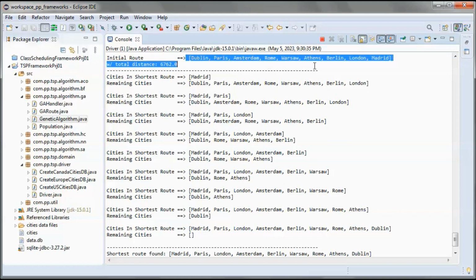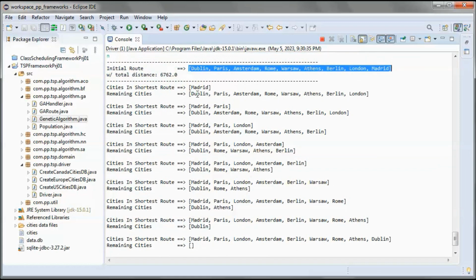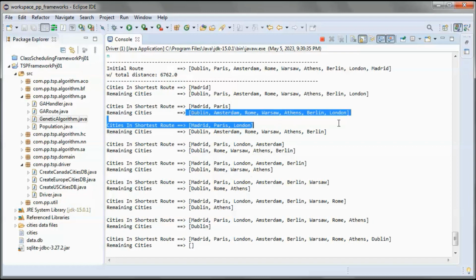So we randomly picked this city from here, and those are the remaining cities. And we checked which one of those remaining cities has the shortest distance to the picked city, and it turned out this one does have that shortest distance, and those are the remaining cities now.